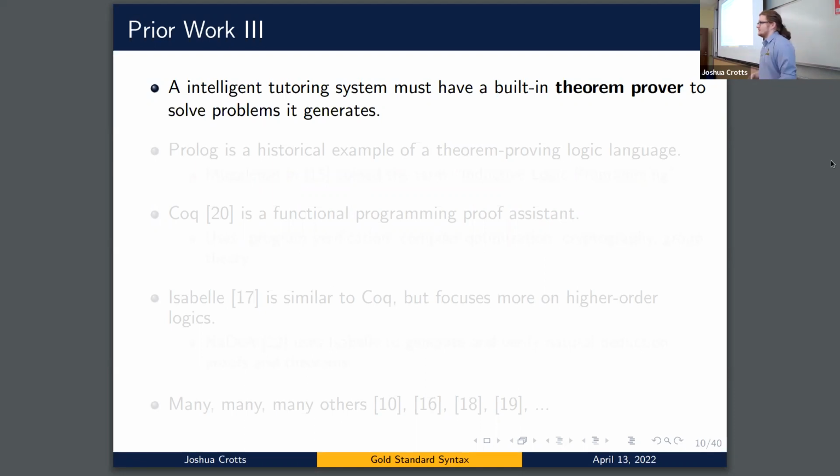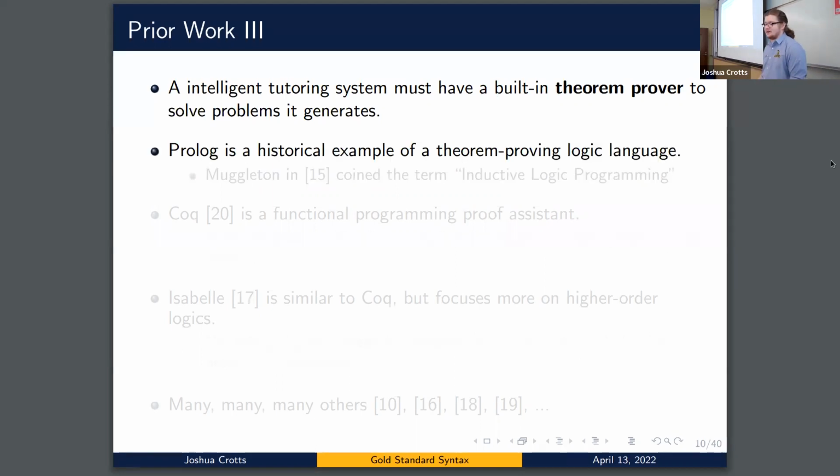The thing about these intelligent tutoring systems is that they have to have some type of theorem prover to actually solve the problems that it generates. That's just how it has to go. That's how you provide dynamic hints. So a historical example